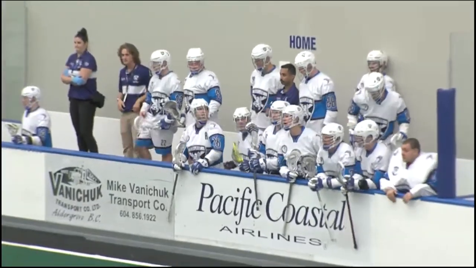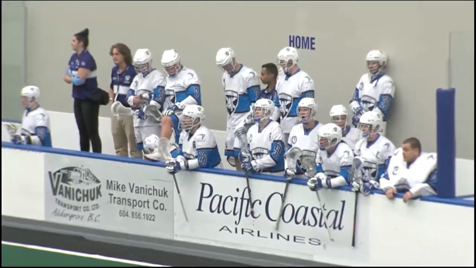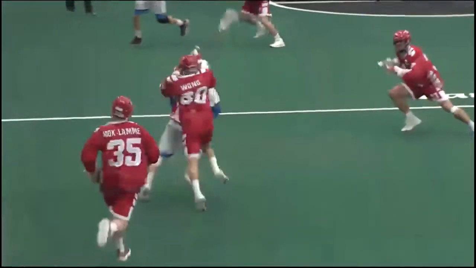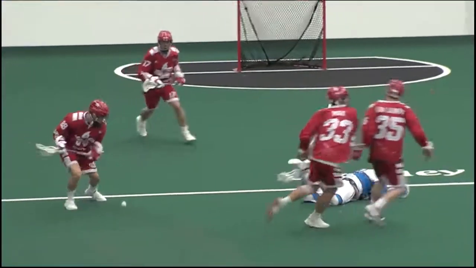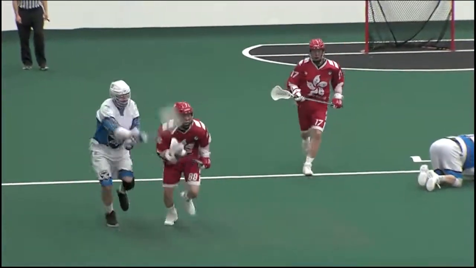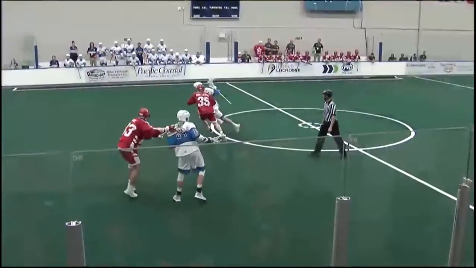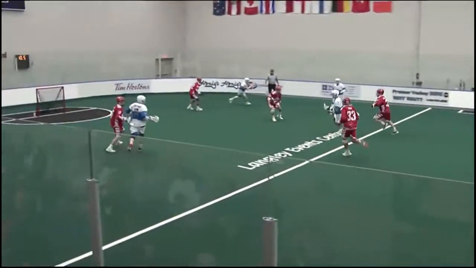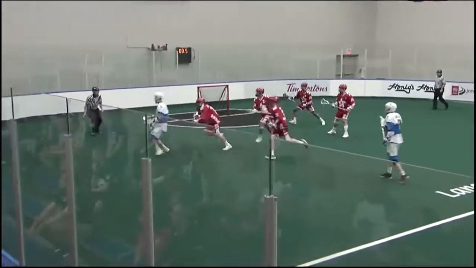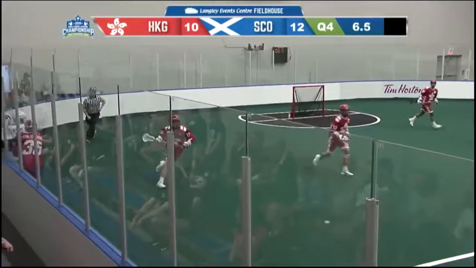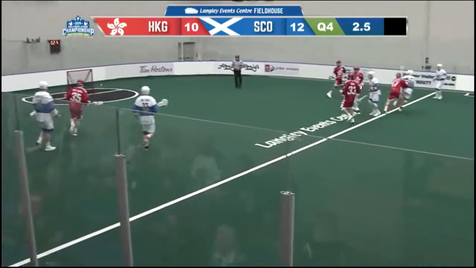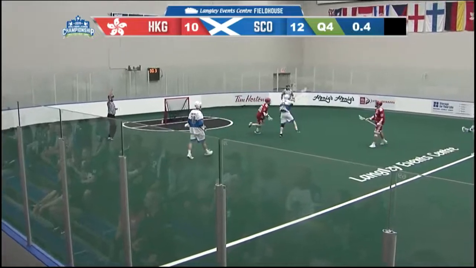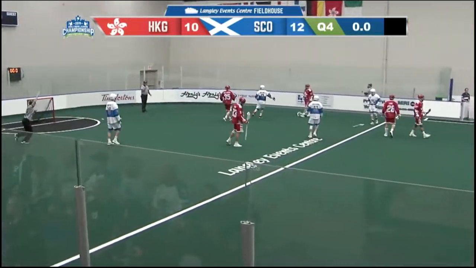At 14:45. Penalties have definitely played a part, whether they've resulted in power play goals or not. There has been a lot of time spent for both teams. And another penalty is coming up with the wide open goal, and Scotland misses it from the outside. Bouncing ball, it won't matter.